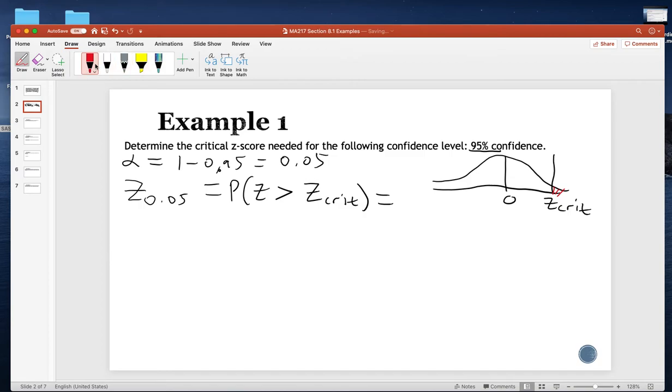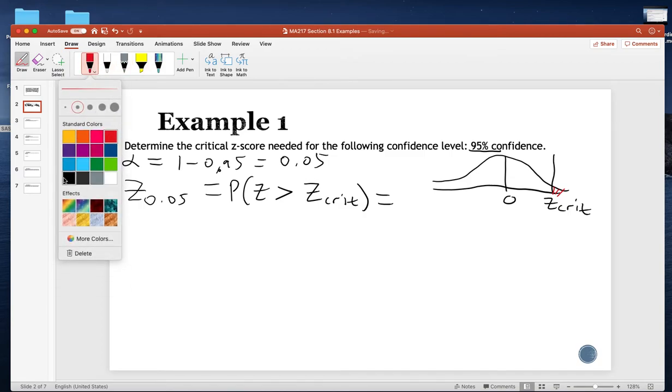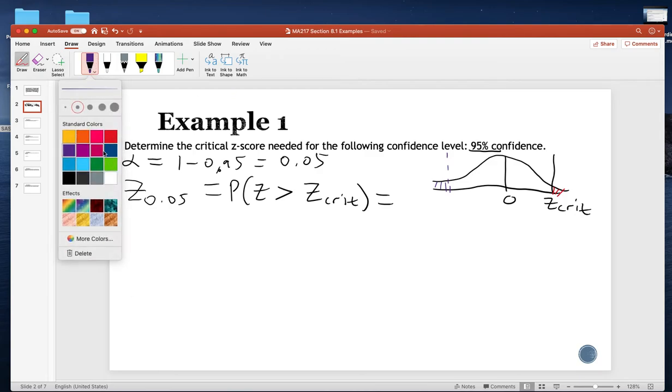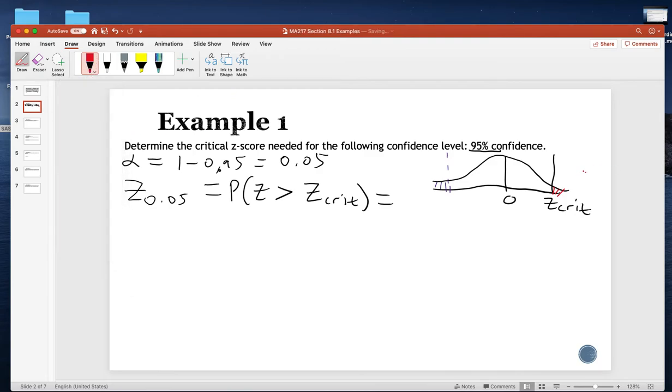Now typically when we talk about a z-score value, there is also the area over here to the left, which would also be 0.05. Well, excuse me, these two areas here need to add up to be 0.05. And since we have, again, the two of them, we would need to do 0.05 divided by 2. So this red area here needs to be 0.025,